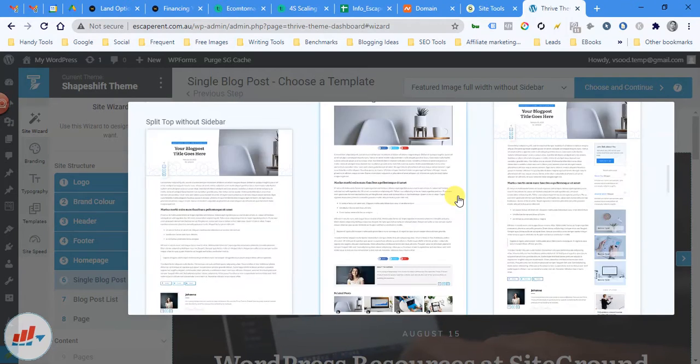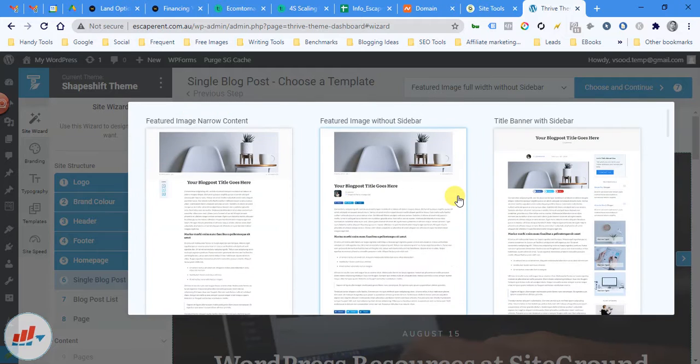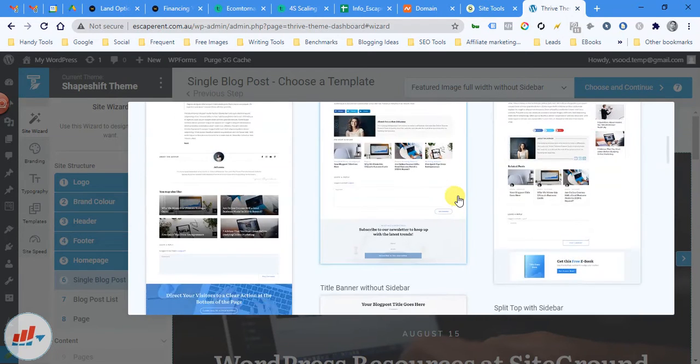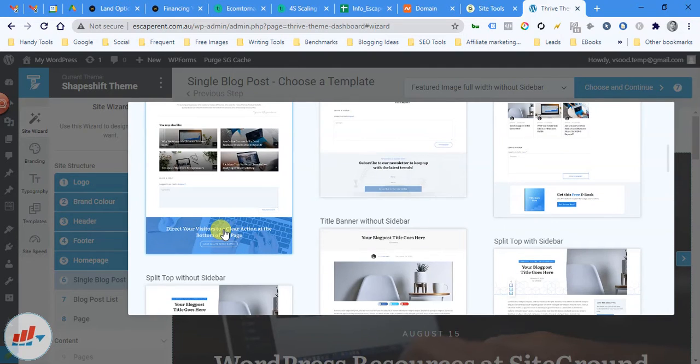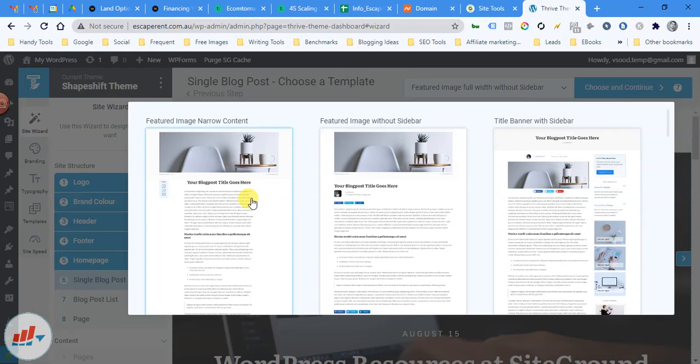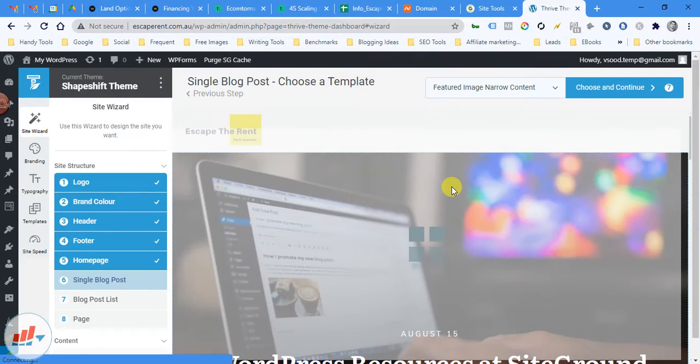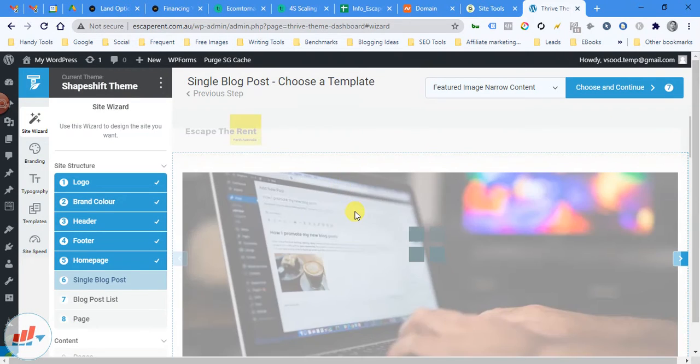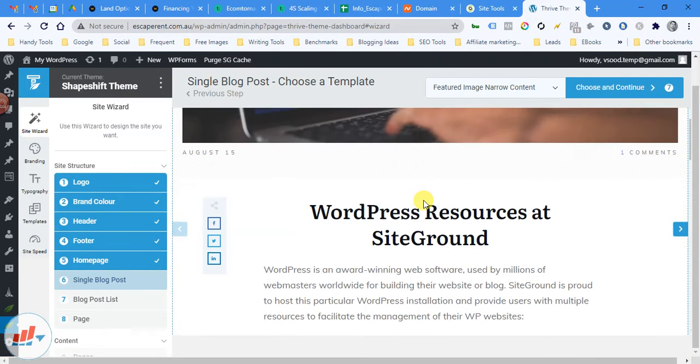There are different options that we can show. I think we can start with this one. This is looking very clean.